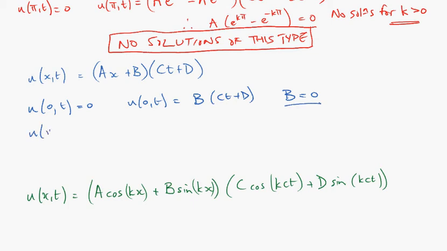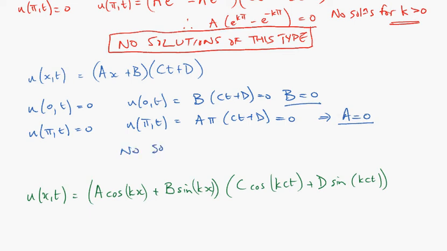Then we can do u(pi,t) equals 0, knowing that b is 0, will give us a times pi times (ct plus d) equals 0. So either the second bracket is 0, which gives us a trivial solution, or a equals 0. Oh dear, that means the only solution in this case is the trivial one, where u is equal to 0 throughout. So no solutions